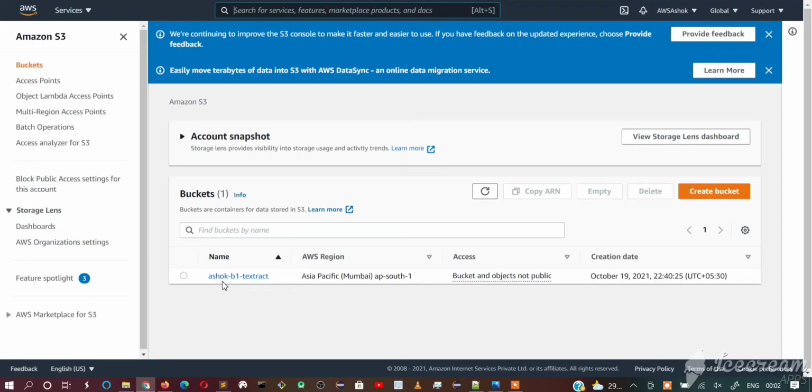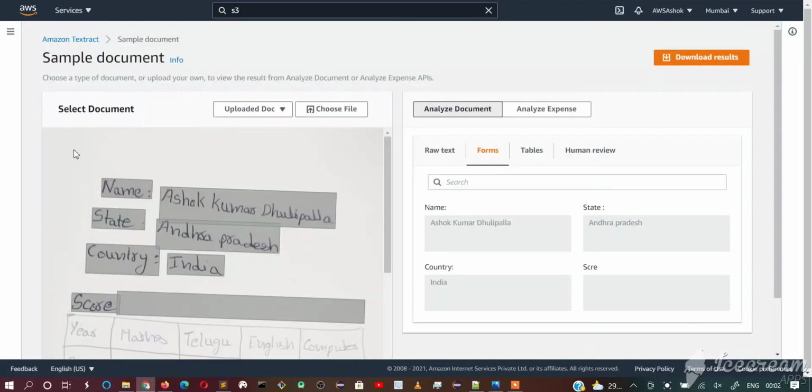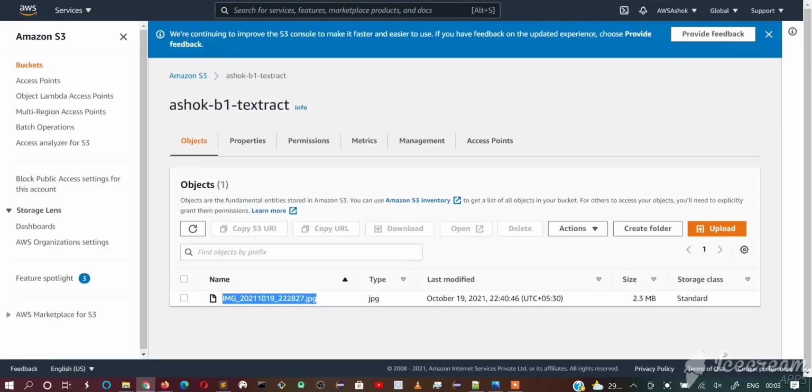Here I have created an S3 bucket, Ashok-B1 extract. Inside it I have uploaded the same image which I used in this console to test the data. I will provide this S3 bucket name and this file name to the Textract API.